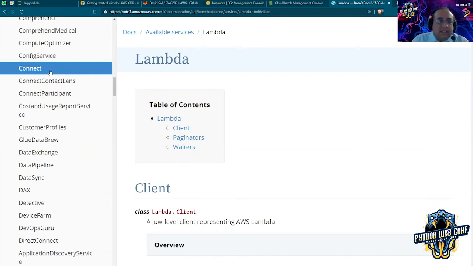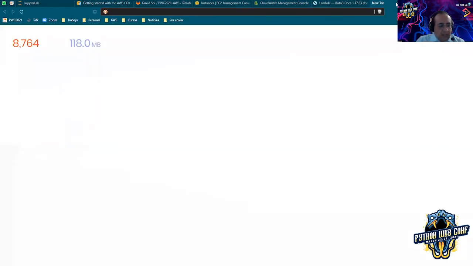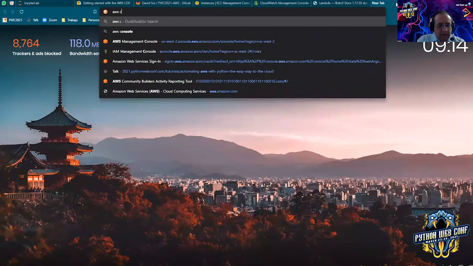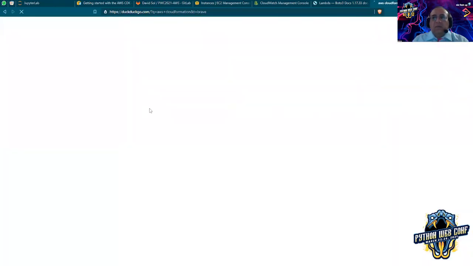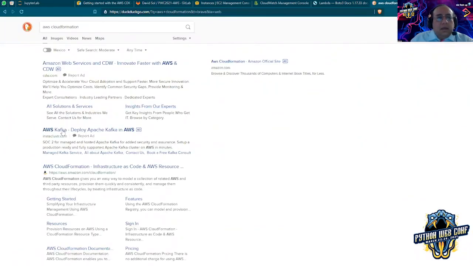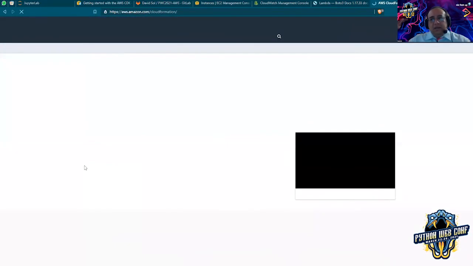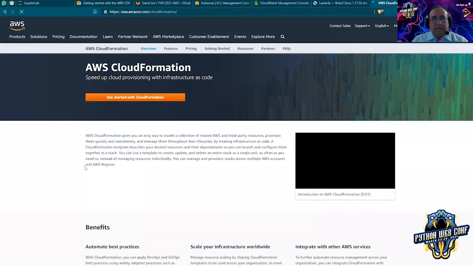And it was a mistake. It was not a good idea. Why? Because the good idea in AWS and in all the clouds is to use infrastructure as code, which in AWS means CloudFormation. In CloudFormation, you create these YAML files,